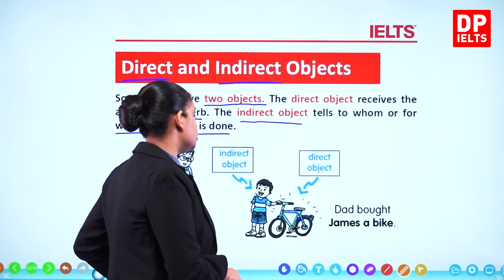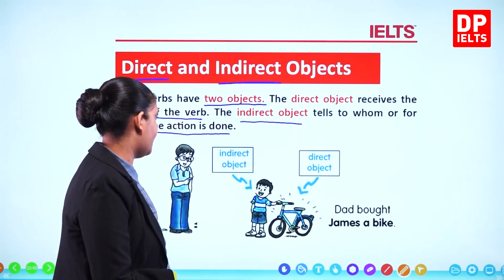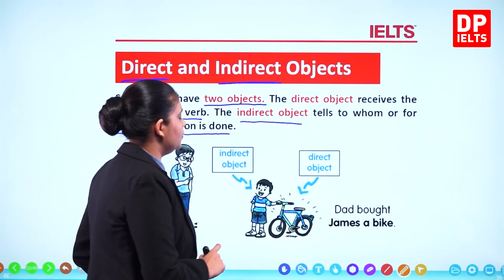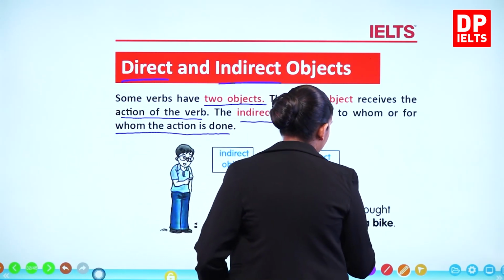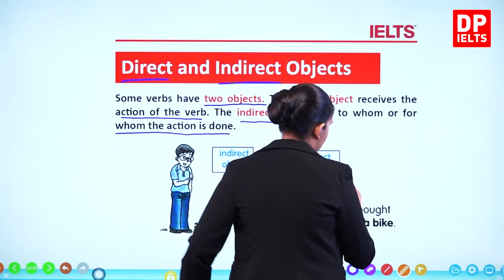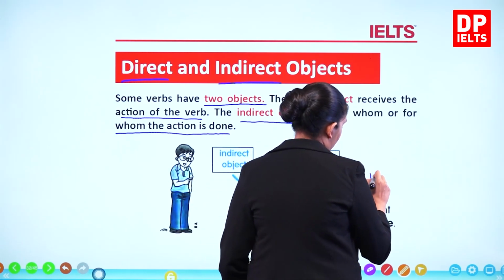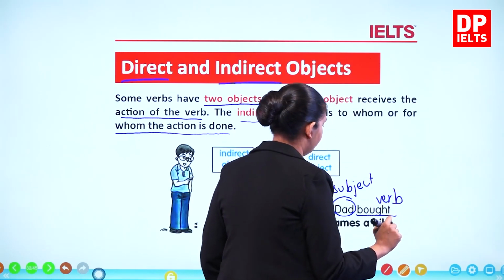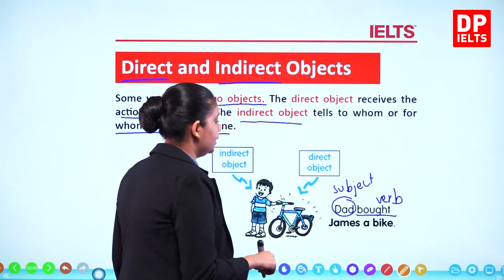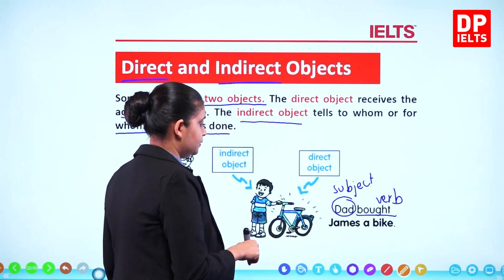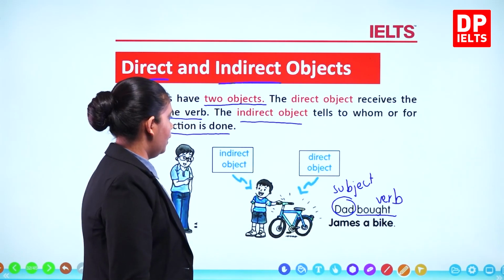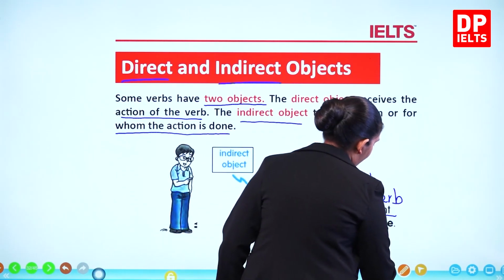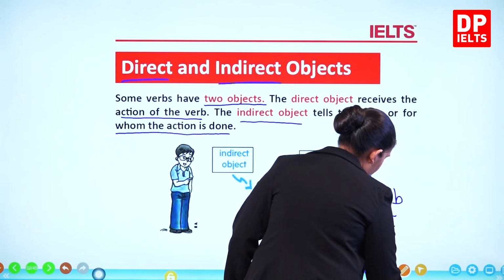Dad bought James a bike. Okay. Now let's have a look at it. Who bought James a bike? Dad. So dad is the subject. What is the verb here? Bought. Okay. So dad bought a bike. Sorry, dad bought James a bike. Okay, so what did dad buy? A bike. So a bike is the direct object